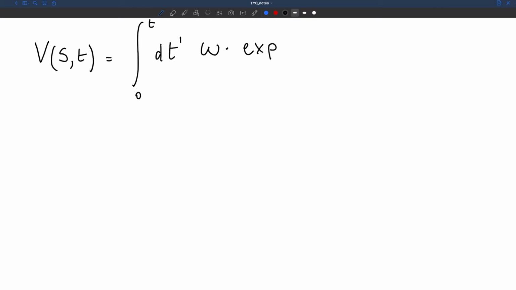So the potential at time t can be indicated as a function V that depends on the position in collective variable space S and of time t. And such potential is defined as the integral of all the Gaussian contributions that have been added in S up to time t. So we can write it as the integral between 0 and t of these Gaussian contributions. These Gaussian contributions are defined as omega that multiplies exponential of